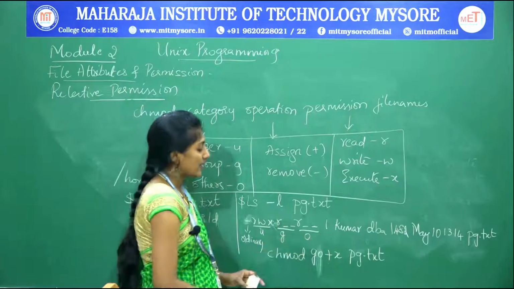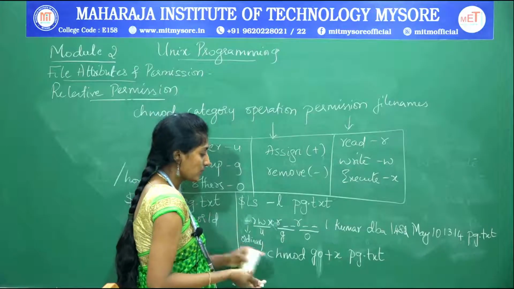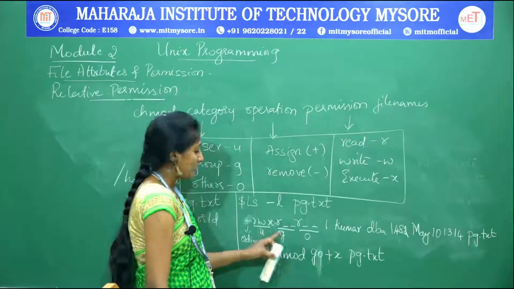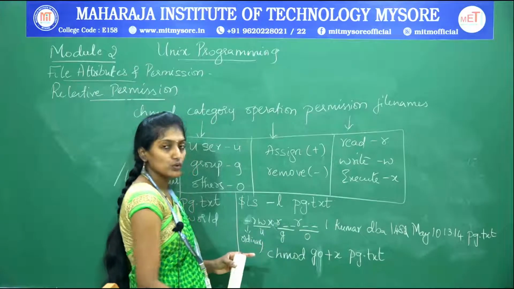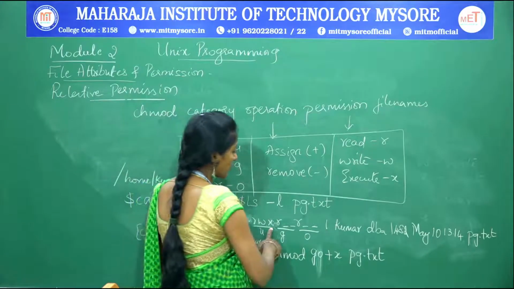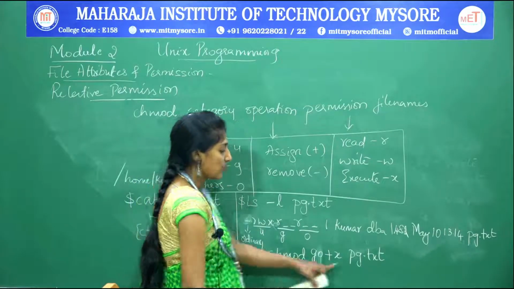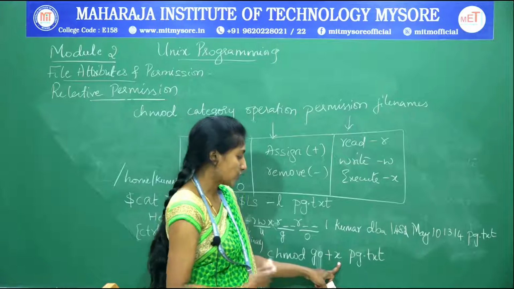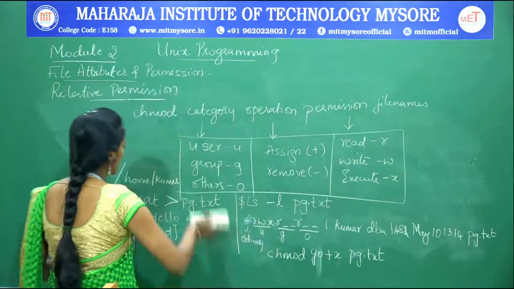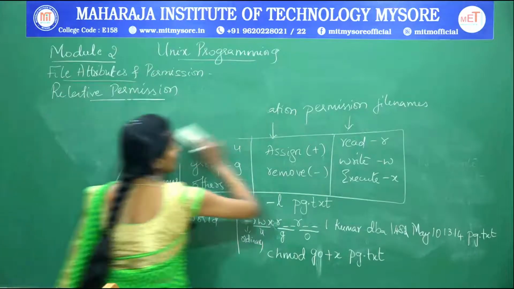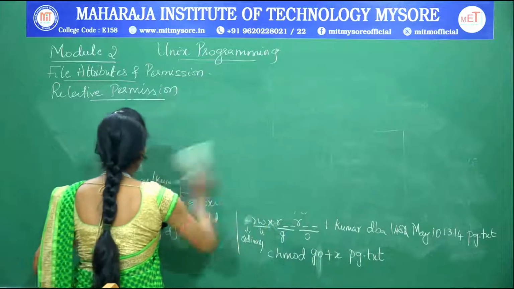Okay, so this is about how to assign a permission to an existing file for a group or others. Likewise, now if I want to remove the read and execute permission from all three categories of user, that is owner, group and others, how do I remove that? You can remove the execute permission. Now if you want to check whether this permission has been assigned or not, again you have to execute ls -l pg.txt. So let me execute that and show you. Once you execute, this is the output you will get.